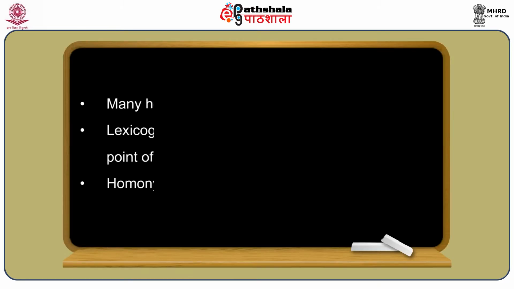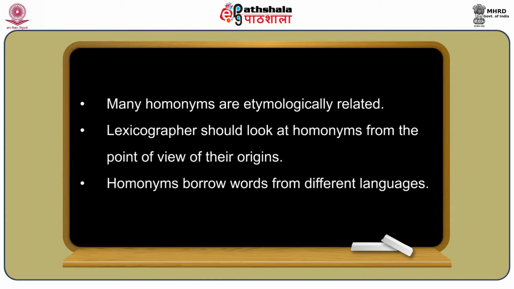While treating homonyms, the lexicographer has to keep in view the different types of homonyms. In some cases, there may be total identity in all the forms of the paradigm and its collocational possibilities also. In others, it may be only partial. We can think of different ways of treating those things. So homonyms have three different types of representations, and as a dictionary maker, all three different representations of homonyms are treated separately with little problem. Many homonyms are etymologically related.